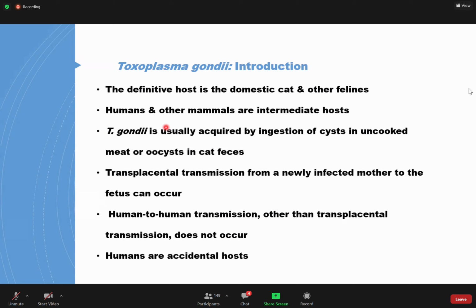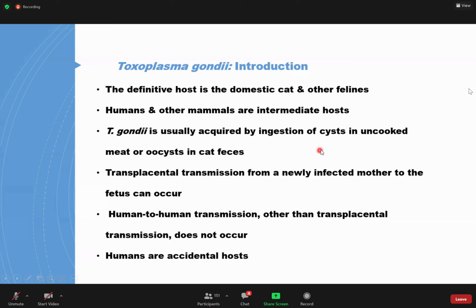Why do you say it's complex? Yes, we have intermediate hosts, but what is going on? You have sexual reproduction alternating with asexual reproduction. Is that clear? So this is another example of an epicomplexan with a complex life cycle. The definitive host is the cat because, like we all rightly observed, sexual reproduction occurs in the cat.